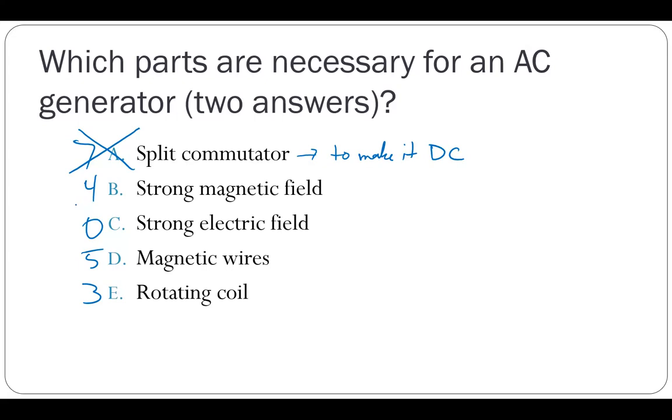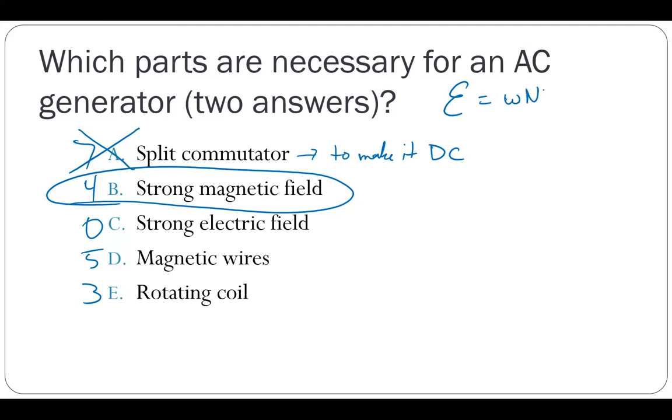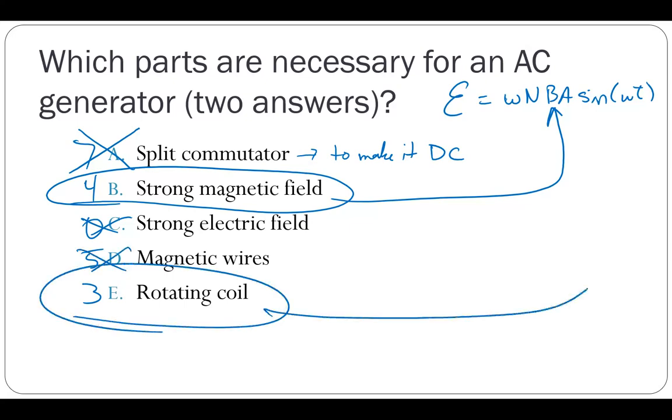Strong magnetic field? Absolutely. Remember, E is equal to omega N B A sine of omega t. So that magnetic field, boom. Electric field? There ain't no electric field in that. Magnetic wires? No. You need the rotating coil,